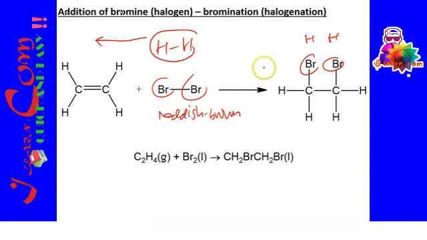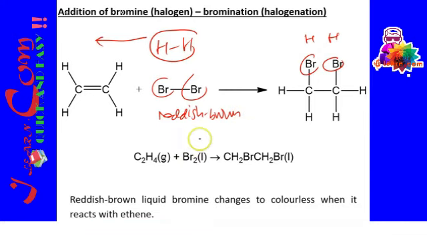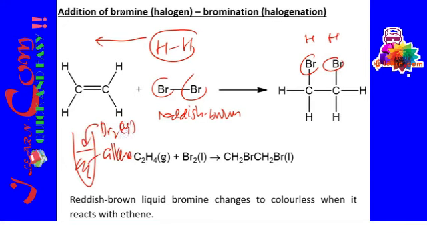So at the end of the reaction, when bromine is added across the double bond into the compound, it is gone, which means the color also disappears. So we can actually use this as a test for alkenes. So when I have an alkene in the test tube, I can actually add in bromine water. If I add in bromine water,